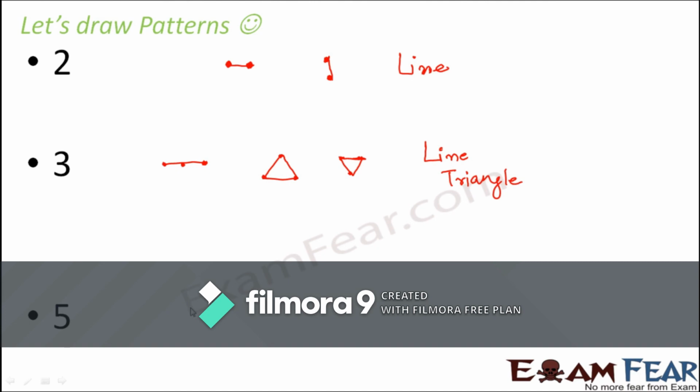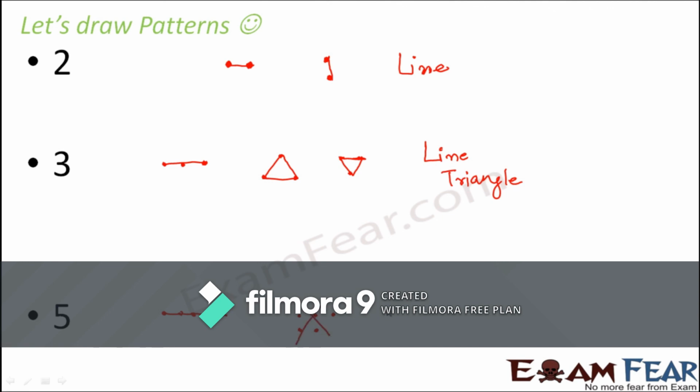Let's talk about 5. Now in 5, it can be represented as a straight line with 5 dots lying straight. Are there any other options for 5? Do you want to try making a triangle? A triangle can be formed only if you make dots like this. In the first line you have 3 dots, in the second line you have 2 dots, and then you should have one more dot. Only then you will make a triangle. But here we have a total of 5 dots. So triangle is not possible.